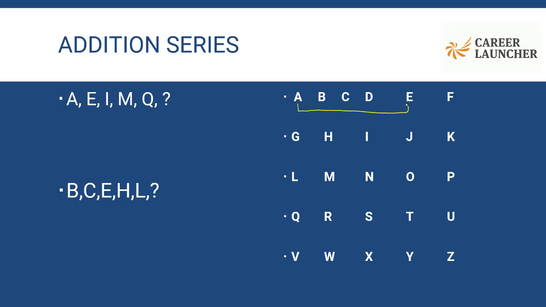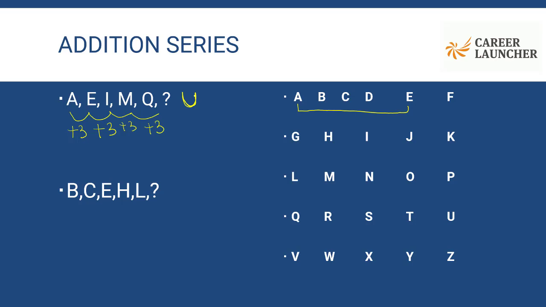After E, I am seeing that I've taken I. So again, I have dropped 3 alphabets in between, F, G, H. So I can say what I'm doing here, I'm doing plus 3 places with each alphabet. After I, again J, K, L are dropped and I've picked up M. So after Q, the next alphabet that we should pick up should be U. We will be dropping R, S, T, and after Q, U should be the next element in this series.